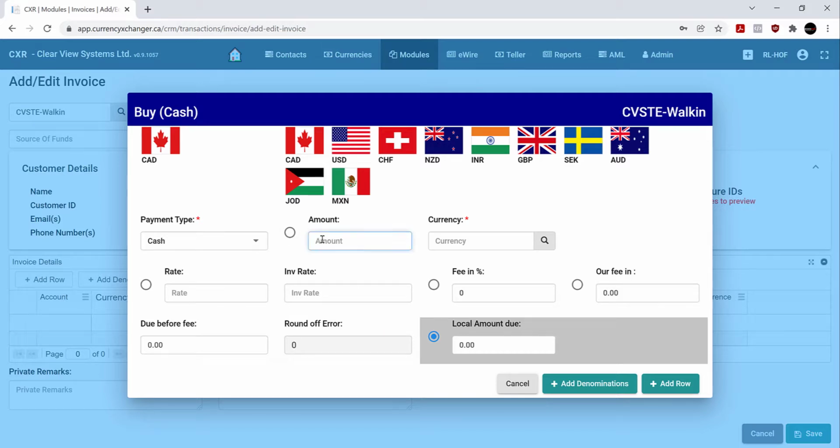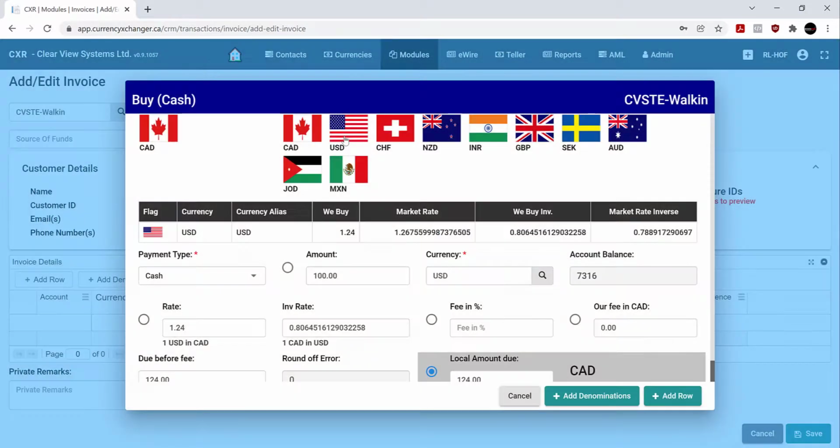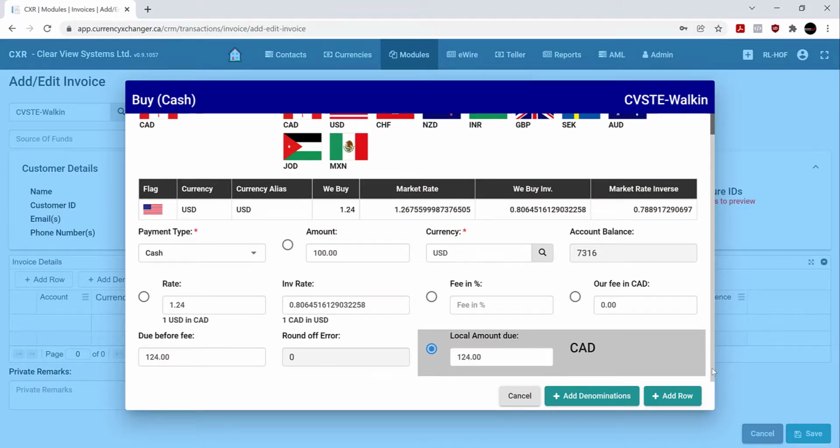Let's say 100 here and USD. And the local amount due in Canadian, which is the local currency, 124. Now, let's say your local currency is CAD and you want to convert 1,000 Canadian local currency to USD. So let's just close this for now